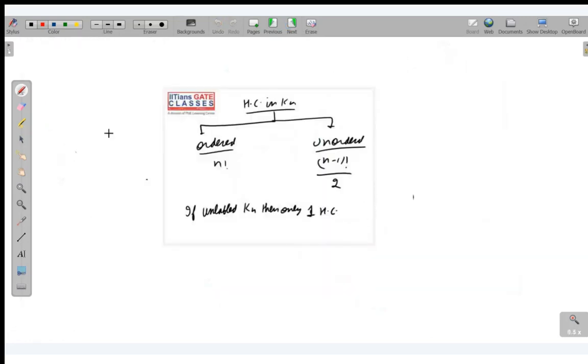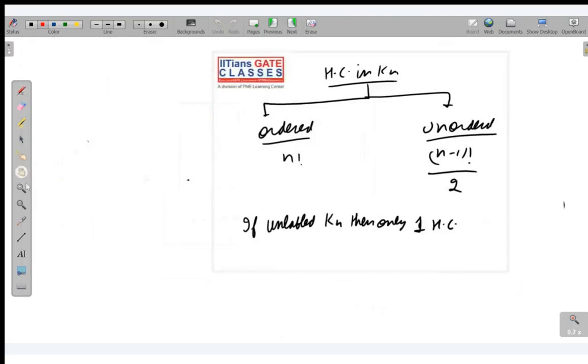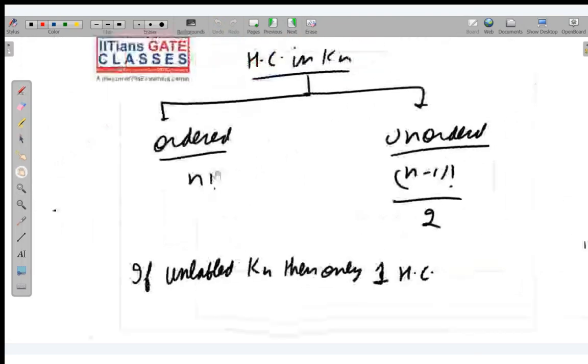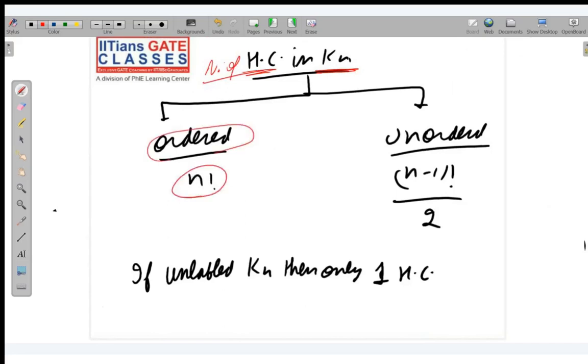Okay, so this is important. This has been asked in GATE. So, Hamiltonian circuit in Kn. Number of Hamiltonian circuits in Kn: if it is ordered, then n factorial. If it is unordered, then (n minus 1) factorial by 2. If the complete graph is unlabeled, then we have only